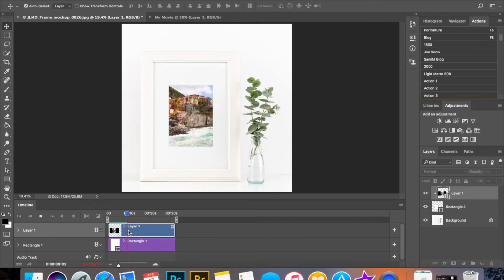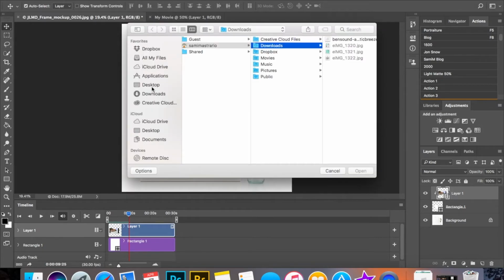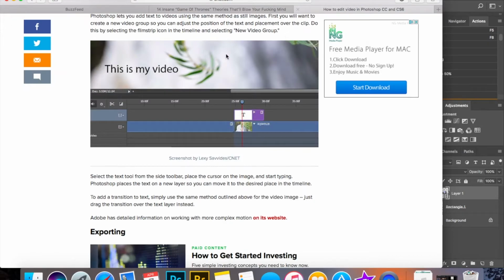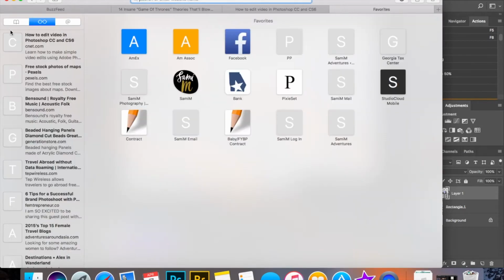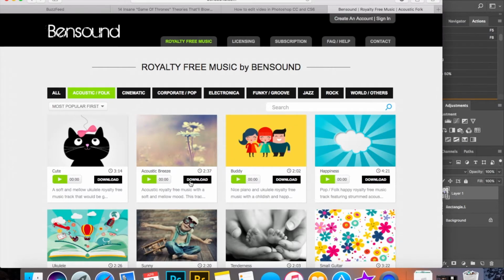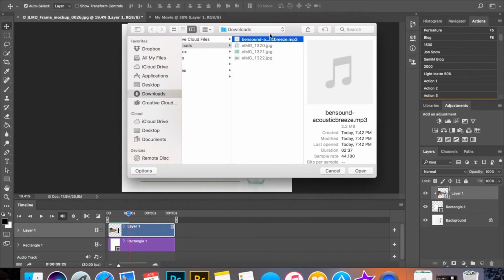I also thought about adding a song because I just wanted it to have a little bit more to it. So you can go to add audio. I have an audio already downloaded in my downloads folder. I got royalty free music from Bensound, and I just downloaded one, and I drag it in, or double click it in,